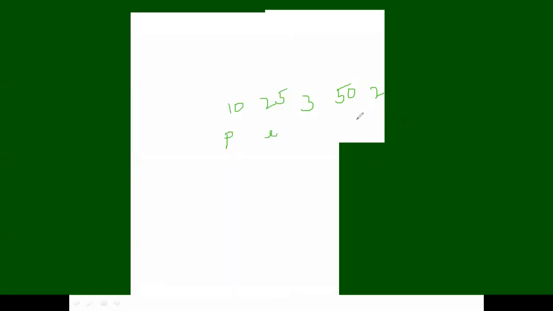So j is decremented by 1. So the j value is decremented by 1 here. So 50 is greater than the pivot and j is decremented by 1. So j comes here. Then you have to check the conditions of i and j. So the index is 0, 1, 2, 3, 4. i less than j, condition true, then swap the elements of i and j.